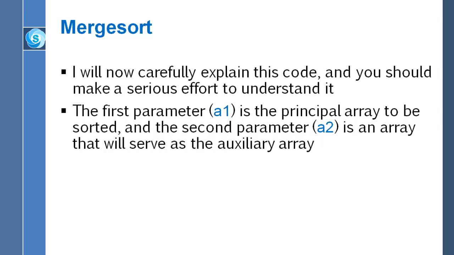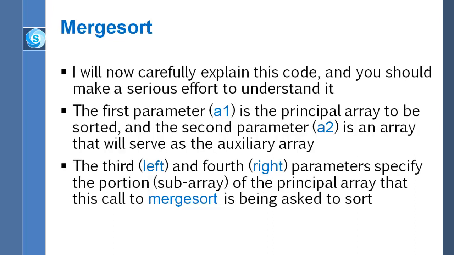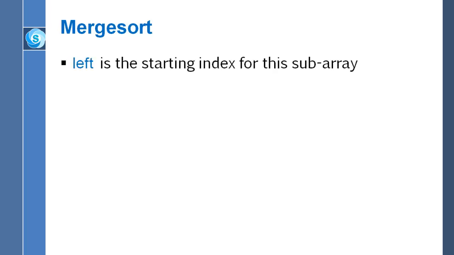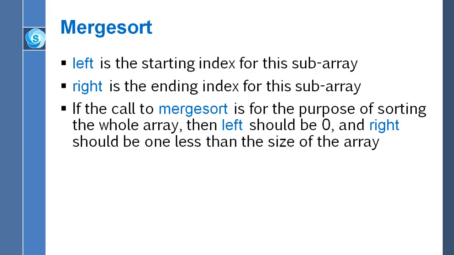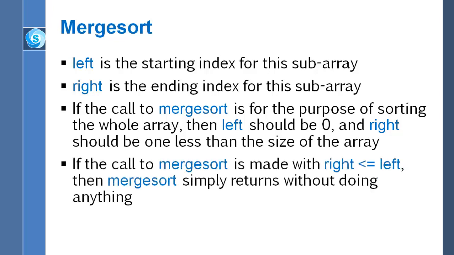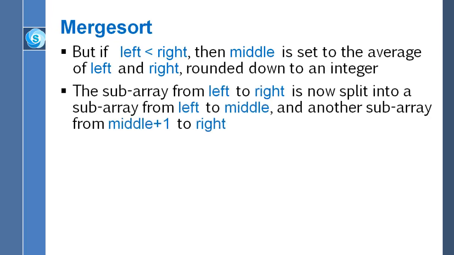We discussed A1 and A2. We've discussed left and right, the fact that we're going to use merge sort in a recursive manner. When we call merge sort the first time, if we want to sort the entire array, we'll call it with left set to 0 and right will be set to 1 less than the size of the array, since that's the last position. We pretty much talked out all these things,